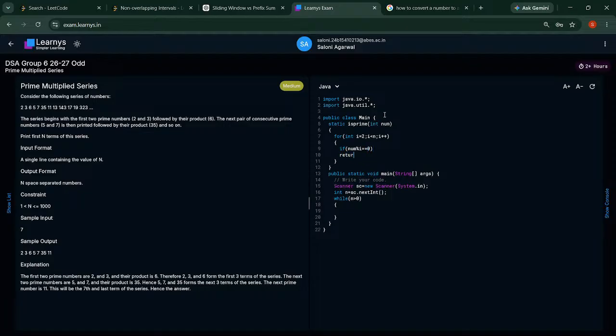And it will return false. अगर उसके अलावा उसका कोई भी फैक्टर हुआ तो फॉल्स कर देना है, ठीक है? निकल आउट।